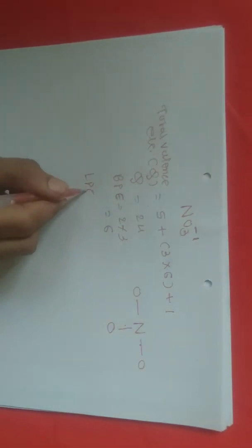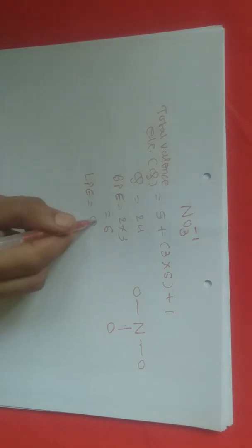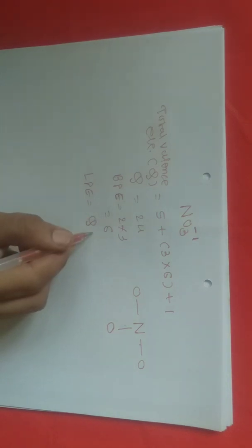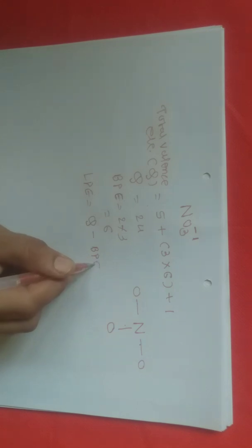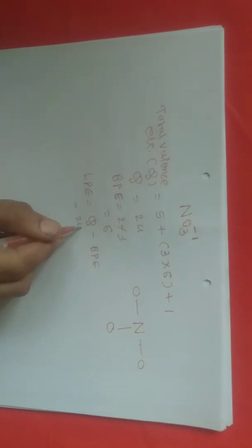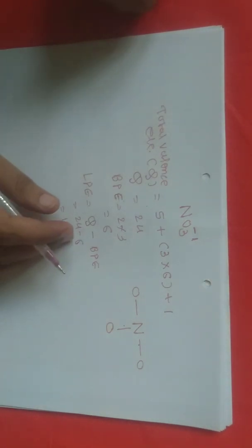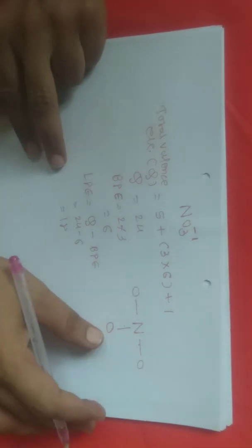And what about lone pair electrons? Lone pair electron is nothing but total valence electron minus bond pair electron. So I can say that 24 minus 6 is equal to 18. So 18 is the lone pair electron. Now carefully let us put this 18 valence electron on this